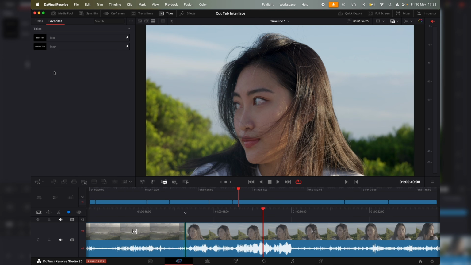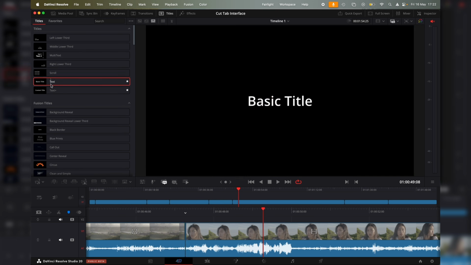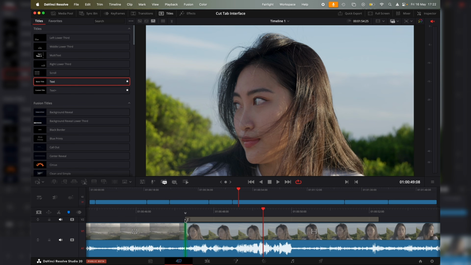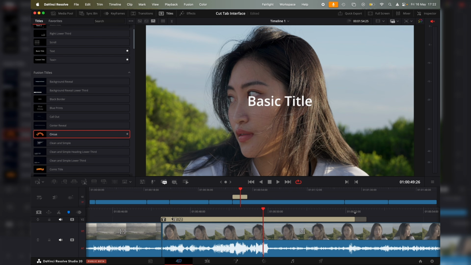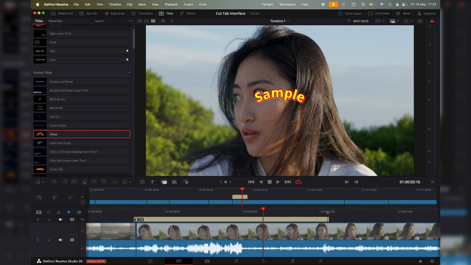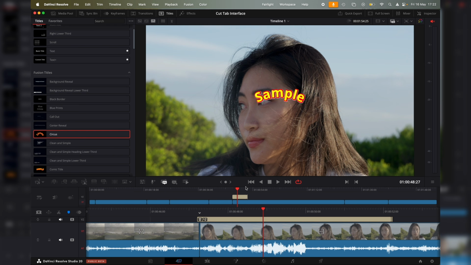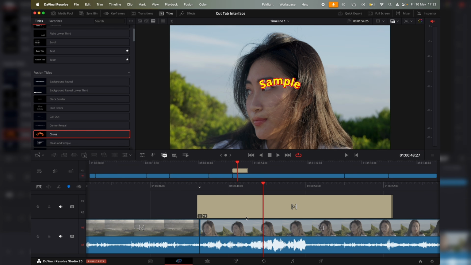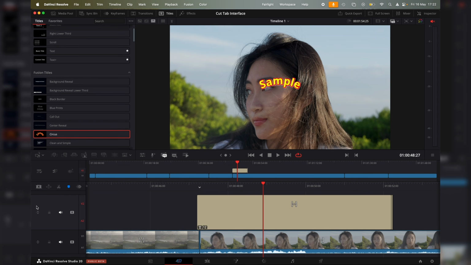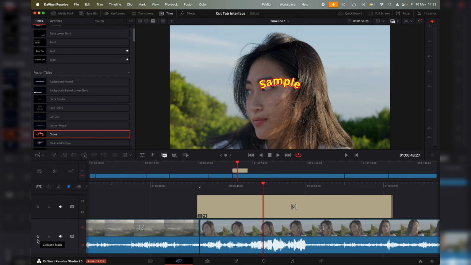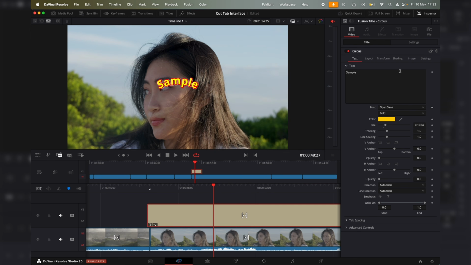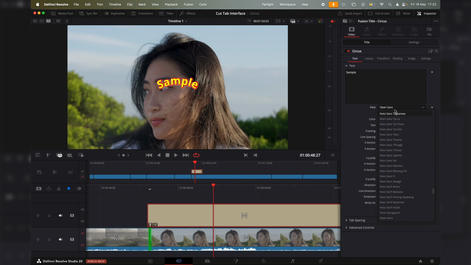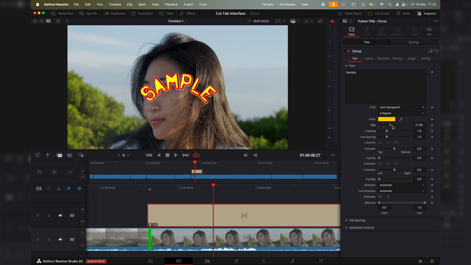Let's jump across. We've got titles here. So we can add text directly onto our timeline here. Let's add something a bit more fun, the circus text. So we can add text directly onto our timeline in the cut page. We can expand up and down. And if I go to the inspector here, it'll bring us up this menu where we can now change the font. You know, we can change the size of this one,